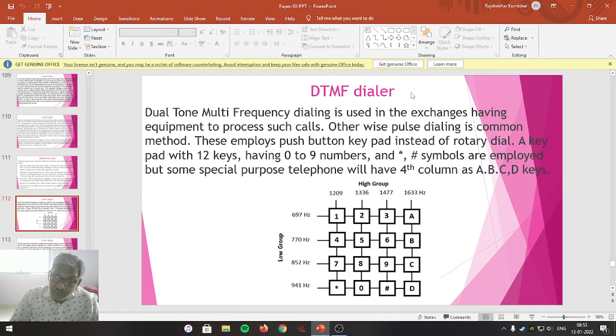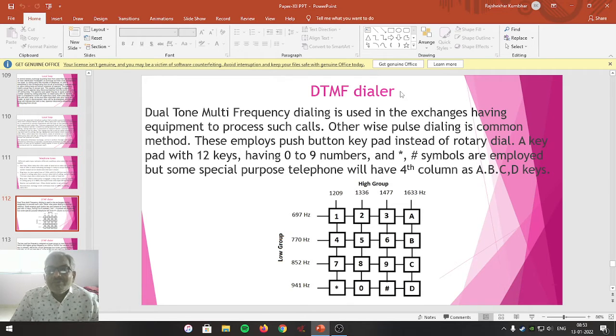The keypad is also made available on the screen whenever you want to dial a number or operate that particular mobile set. So that dialing system is known as the dual tone multi-frequency dialing system. What exactly is it?